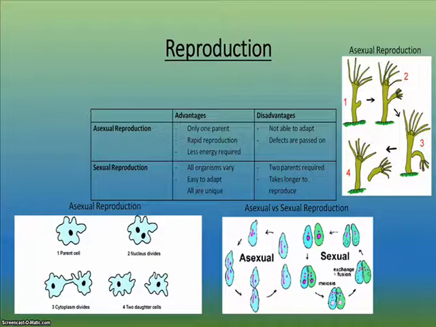Advantages. The advantages of asexual reproduction is that only one parent is needed. Another one is that once an organism is established in a suitable habitat, it is able to reproduce rapidly, and it also requires a lot less energy. The disadvantages, however, are that plants that are genetically identical are not able to adapt to changing environmental conditions. If there is a defect in one of the offspring, that same defect will be passed on to the rest